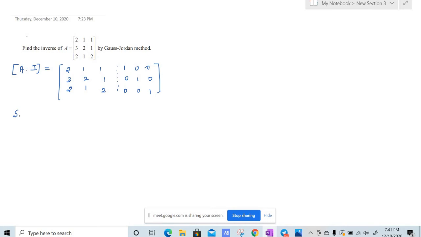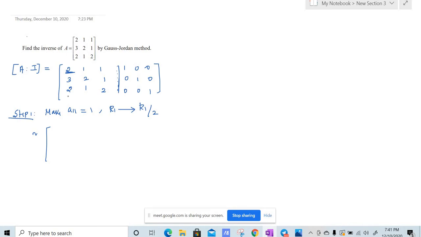So step 1 is make a11 is equal to 1. That means we need to make this element 1, right? So what we need to do? We need to divide by that number, so we use r1 is equal to r1 by 2. We are dividing by 2, or we are scalar multiplying by 1 by 2. So after this transformation, this matrix is reduced to, r1 we are dividing that entire row by 2,